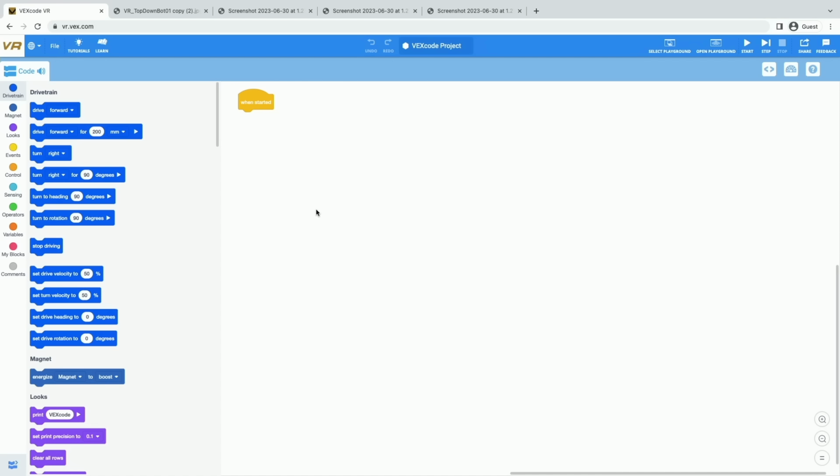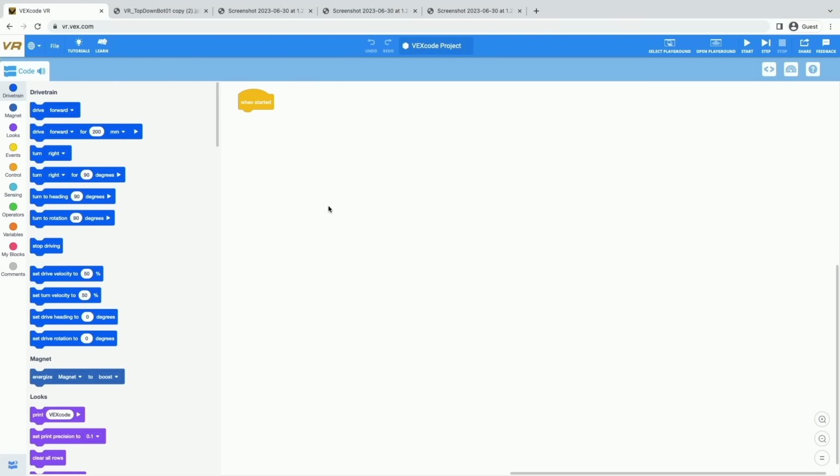So now I told you we were going to be coding a virtual robot, and you're probably saying to yourself, Audra, where's my virtual robot? Well, in order to get to our virtual robot, we have to open up a playground. So all of the VR robots live inside of these playgrounds, and that's where we are able to code them to do lots of different things.